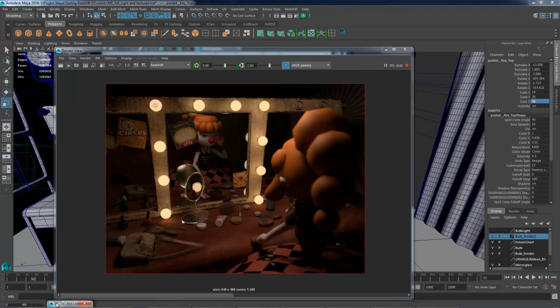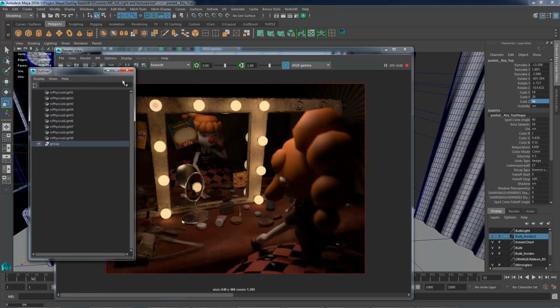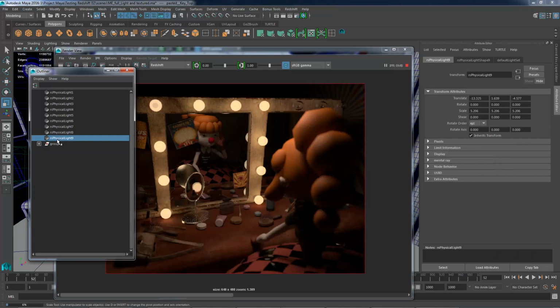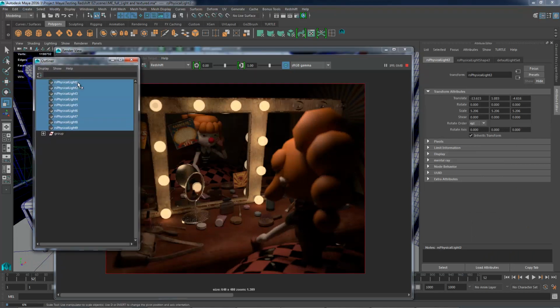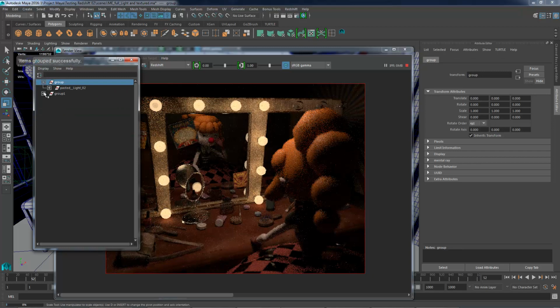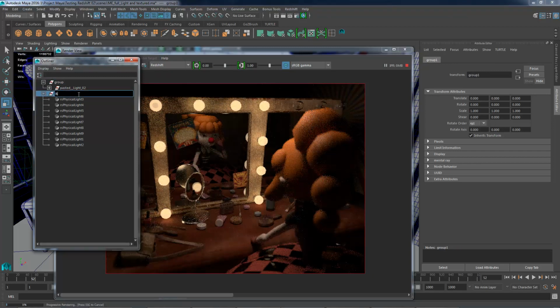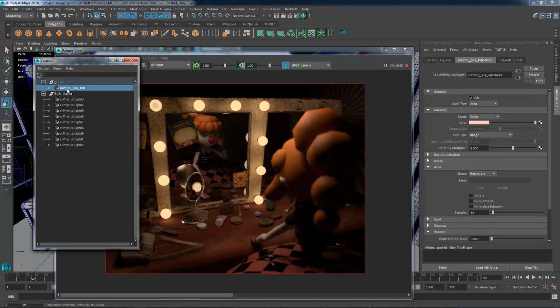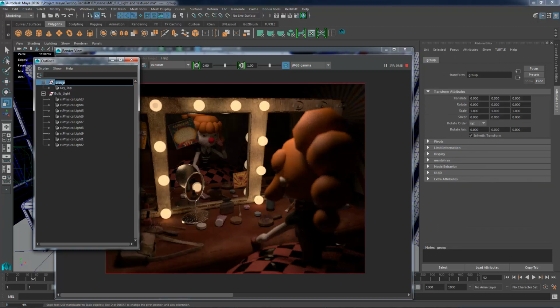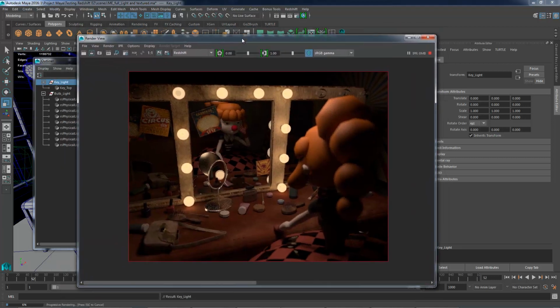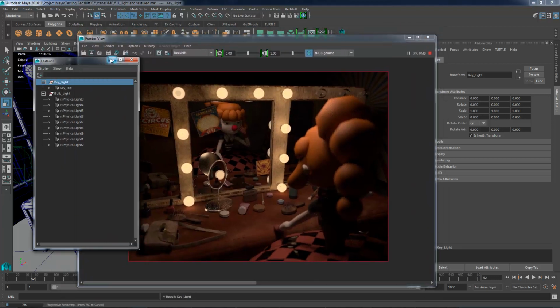Okay, and again, don't forget to name the light or group the light. In this case, I know that this is my bulb, so let's group it. It's going to be my bulb light, and this one is my key. Okay, so this is my key light. Okay, now the next thing that we're going to do is we are going to put some rim